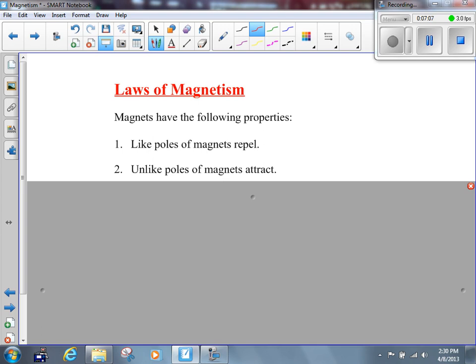So north repels north, just like positive repels positive. North attracts south, just like positive attracts negative. What was the third law of electricity? Third law of electric charge. Remember that one? Charged objects